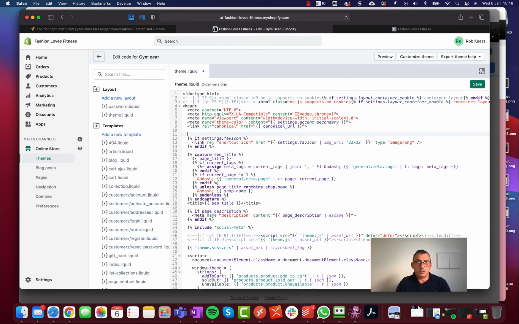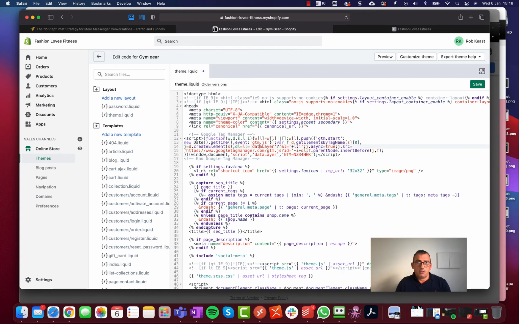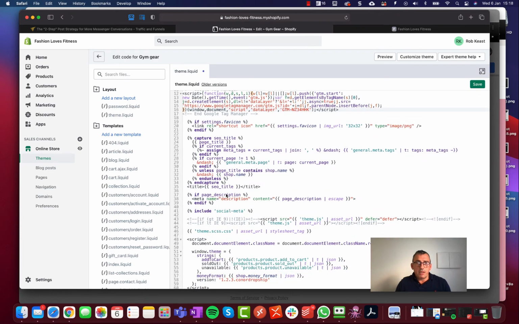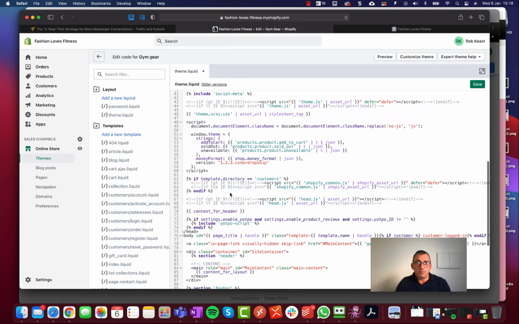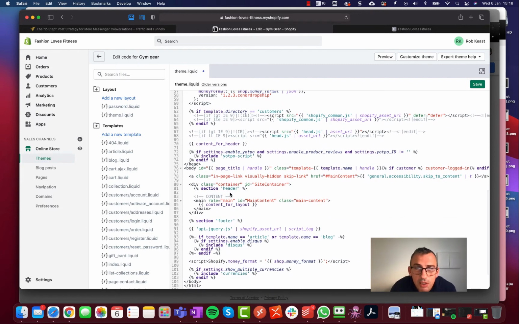So I'm going to put it near the top. I'm not going to bother formatting it for now. And so with Google Tag Manager, if you have to install lots of different things, you'll be having to paste code in here all the time. And that would be awful because you stand to break other things quite easily.